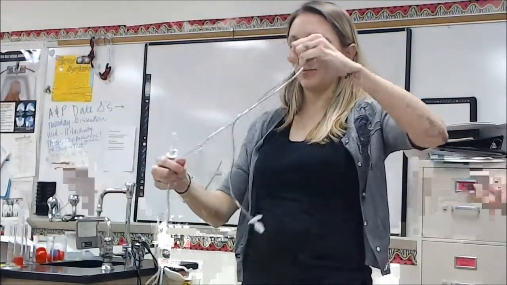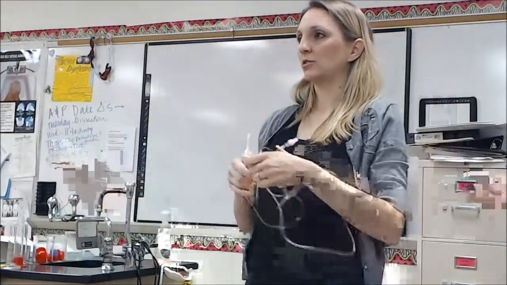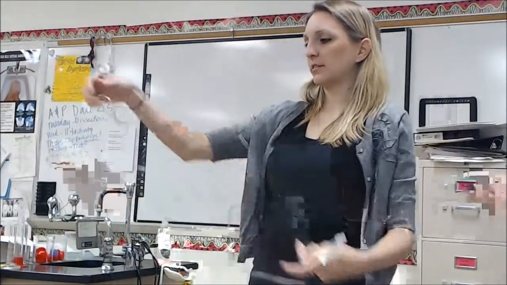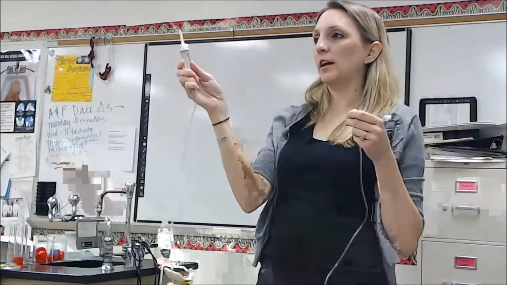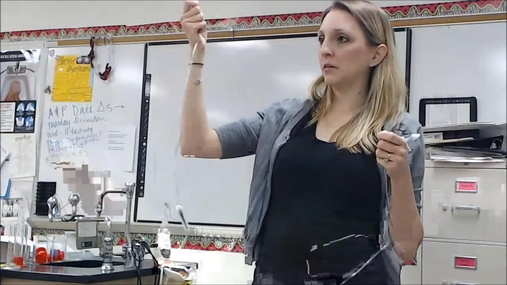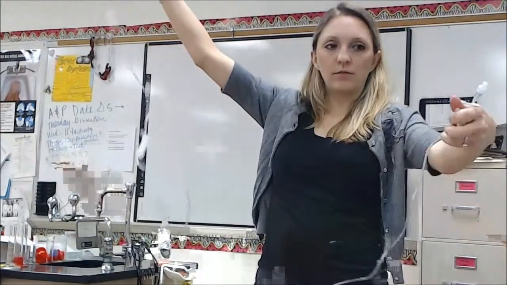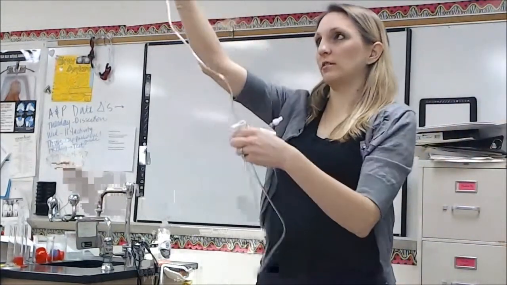basic IV tubing looks like. Now, depending on if you've got a pump or something, it'll have special tubing that plugs into a pump. But this is your basic IV tubing. This has a sharp point on it. This is what you spike into the bag. Okay, and so right now in here you just have air. So what you do, this clamp